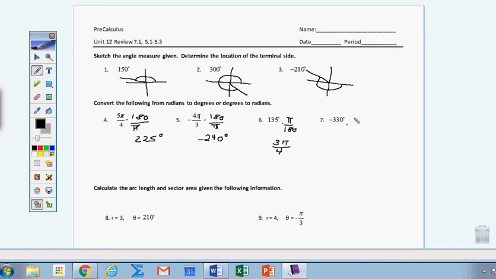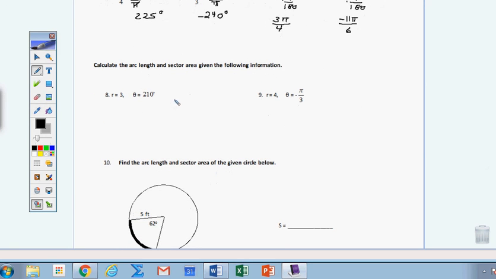And here we multiply by pi over 180 again because we're given degrees. And we end up getting negative 11 pi over 6. Don't forget these negative signs, they're huge. They make a completely different angle than positive. All right? So scrolling down,